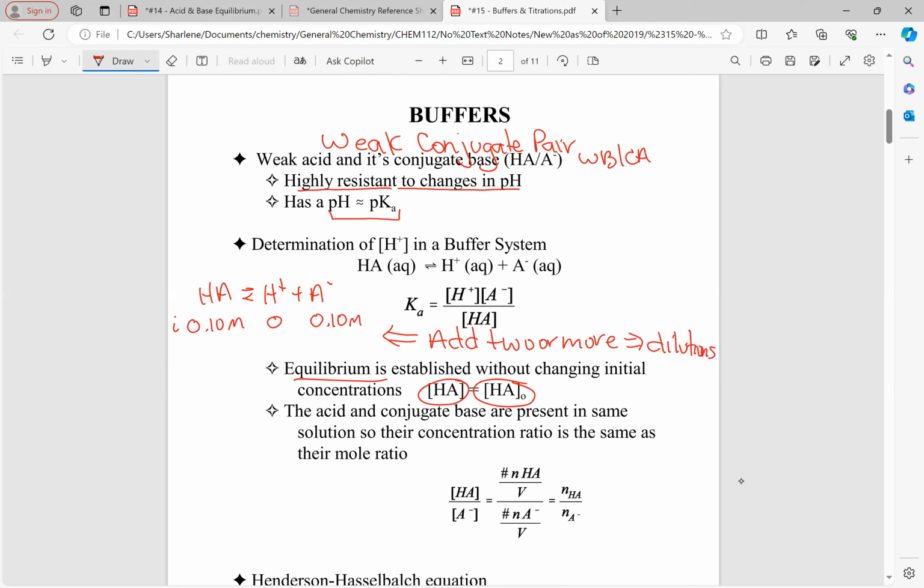All right, so let's play with that. The acid and the conjugate base are present in the same solution, so their concentration ratio is the same as the mole ratio. When I write the brackets of HA over the brackets of A minus, really what I'm saying is the moles of the weak acid over the total volume, divided by the moles of the conjugate base in the total volume. Guess what cancels out? The two volumes. So basically it's the same as just the mole fraction